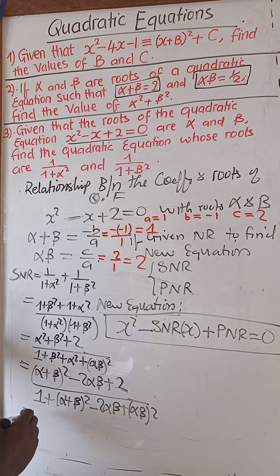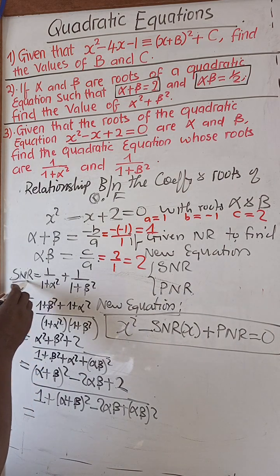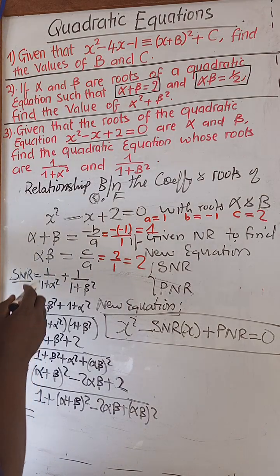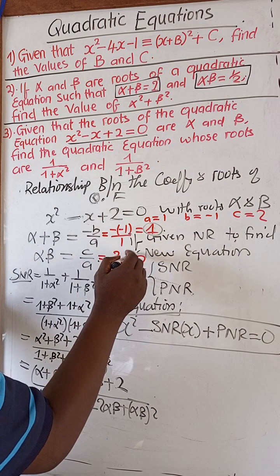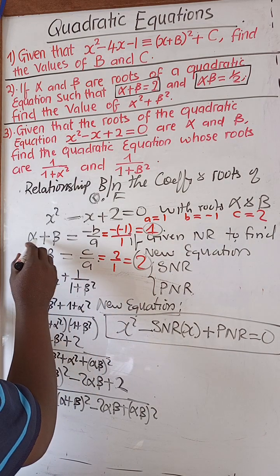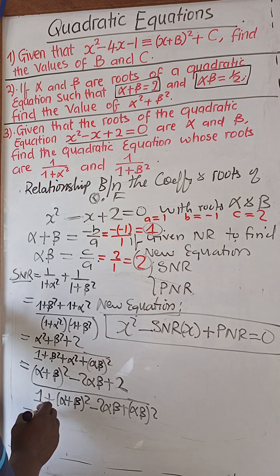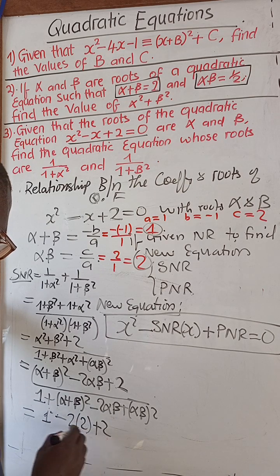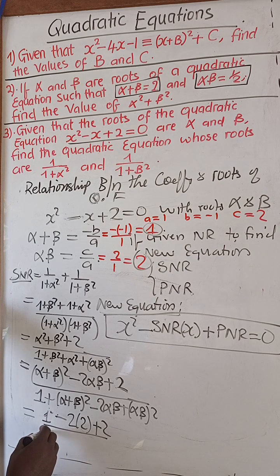Okay, so we have succeeded in expressing the sum of new roots in terms of alpha plus beta and alpha beta, so that we just come in and put our respective values. All right, so alpha plus beta is 1, so we have 1 squared is 1, so we just have 1. All right, minus 2 alpha beta. Alpha beta is 2, so we have 2 multiplied by 2, plus 2, all of that divided by 1